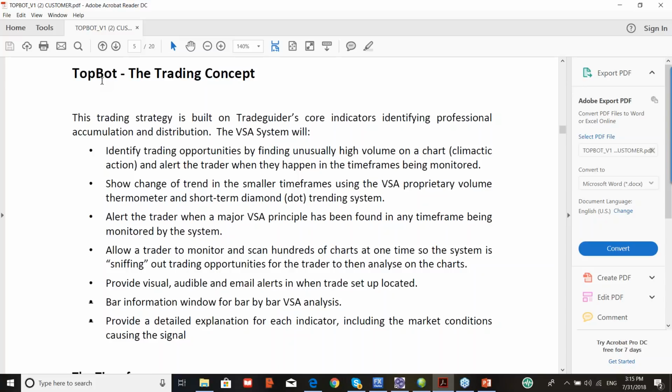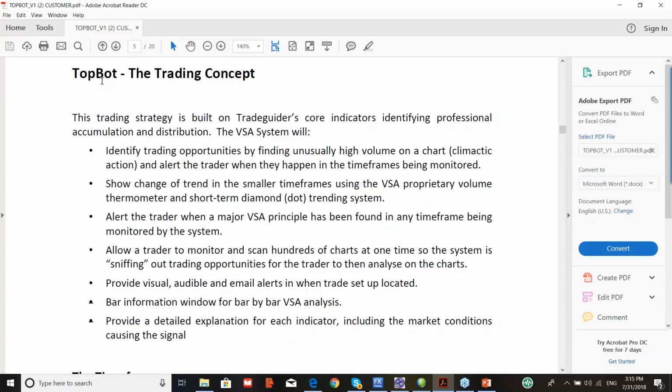So what is the concept? To identify trading opportunities by finding unusually high volume on the chart. We call that climactic action, and alert the trader when they happen in the time frames that are being monitored. Now, you've just heard a little bell go off in the background. That is an alert. That's coming from Smart Center Pro. From the scanners, however, I'm able to get alerts via email. So I can use my email system to actually get alerts, and it's perfectly suitable for getting the alerts on